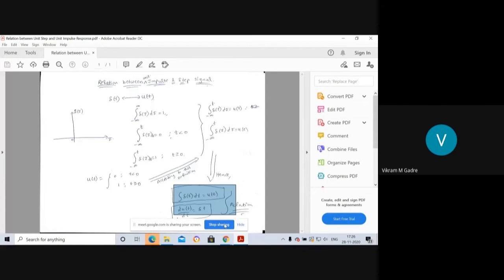Very good, well tried, Professor Yatisha. Any comments? One important point: this is a very important foundation for further discussion, because here you are relating the unit step, which is a proper function, to the unit impulse, which is not really a function, right? So that's a very important step. Very nice. Any comments on this presentation?